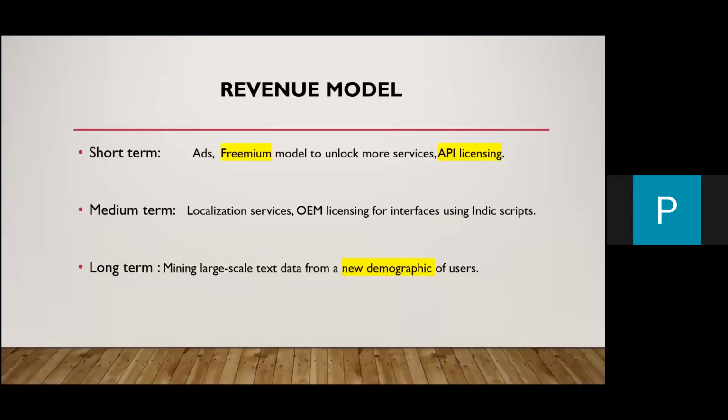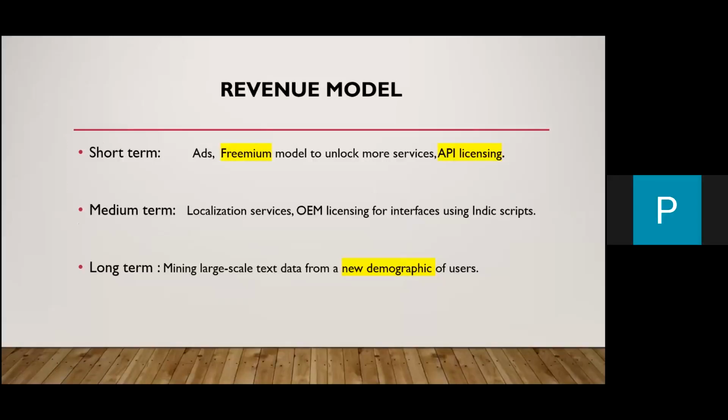Our revenue model has 3 steps: short term, medium term, long term. We start with freemium and API licensing as short term. In medium term, we would like to do OEM licensing. But the real long term goal is to mine this large text data, which comes from a new demographic of